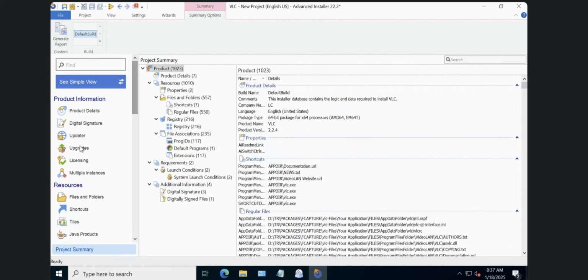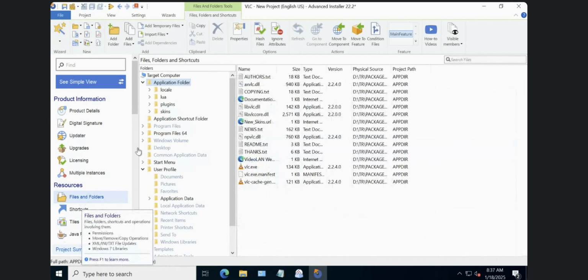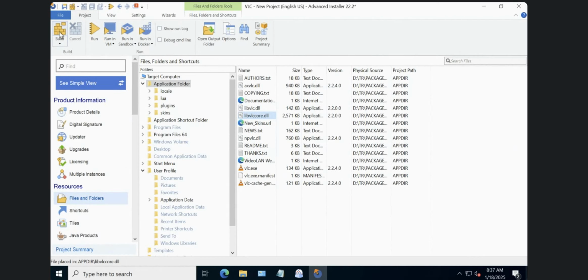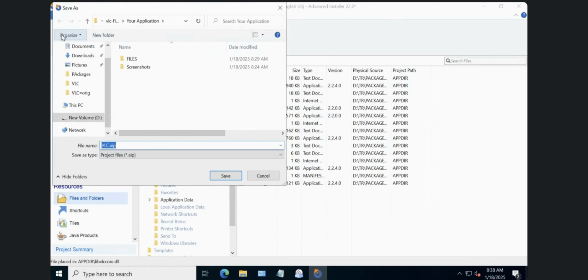In this state, you can come to files and folders and see what are all the files here. You can just click on a file and delete it. You can add files here. You also know how to do a copy and paste package, how to add applications, how to create folder. I have already shown you earlier in the MSI classes. If you don't know, you can go through that. So here also you can do the cleanup. And after you have done with everything, you can click on build here. Just click on build and you have to